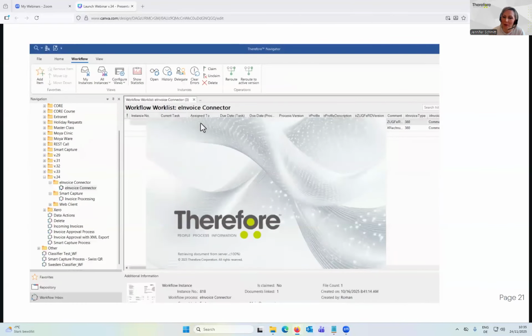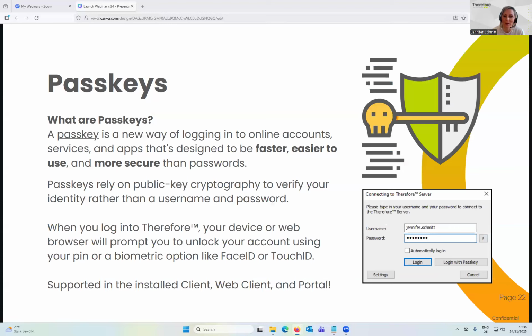Good. So that was a brief intro to what you can expect to see with the eInvoice connector. And I did get some comments that e-invoicing is also becoming mandatory in countries like France, and I know it's getting important in Spain and Portugal. So I believe it will be mandatory throughout the EU because of this directive 16931 very soon. So this is definitely something to keep in mind. But we don't have any more questions, so let's move on to the next great new feature in this version